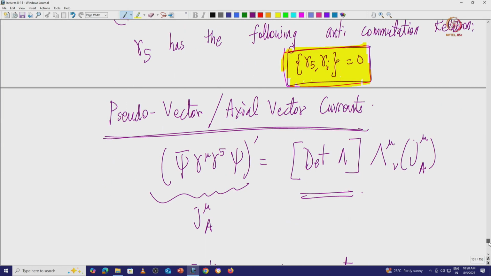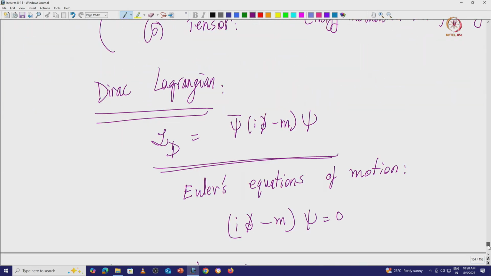Welcome back, friends. We were looking at bilinear covariance in the Dirac equation essentially. Along the way, we introduced what are the scalar currents, vector currents, and tensor currents. And then we started looking at examples where they appear. And along the way, we introduced the so called Dirac Lagrangian, which is the most important thing. The Dirac Lagrangian we have seen to be consisting of a simple form which is given by this particular equation. This is the Dirac Lagrangian.